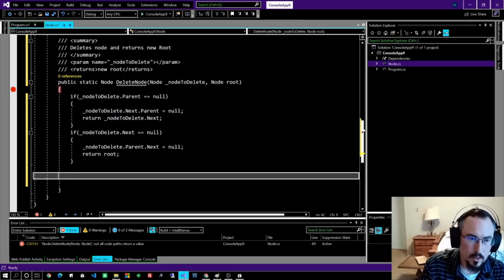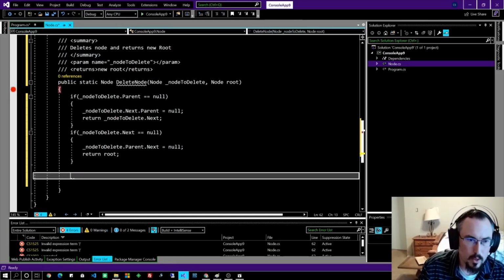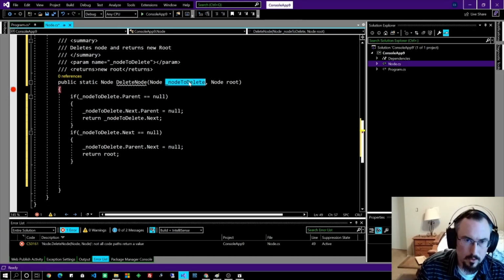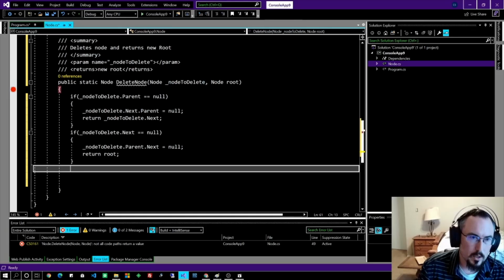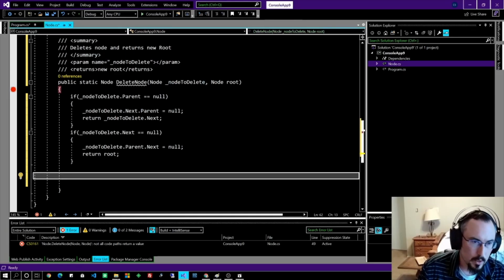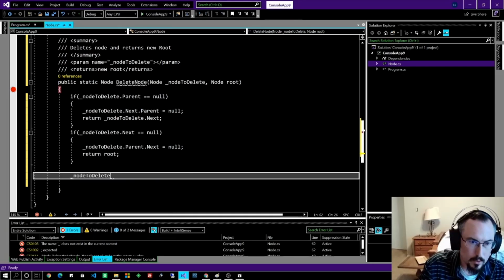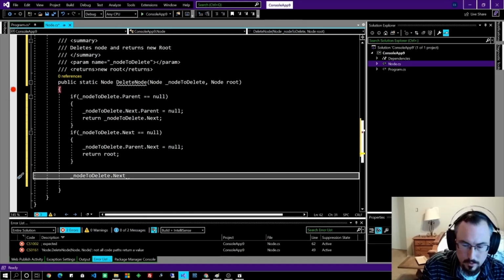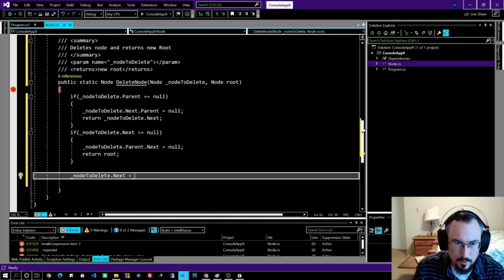All right, so let's go to that standard scenario we were just talking about. We don't even need an if statement because I think it's the only other scenario, unless we want to look at some extreme cases where we might be passed in null. But we could just put that in the requirements up here, must not be null, or something like that. So let's do node to delete dot next is equal to, so the node to delete dot next,